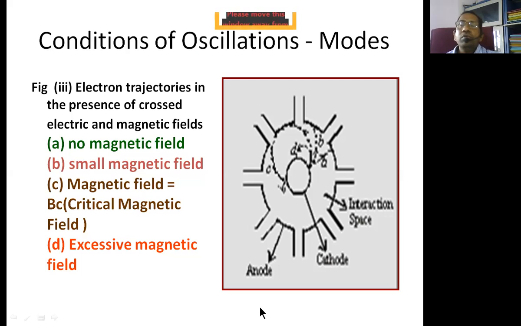He is just going to come to the college and stay for a limited period of time. Then immediately he'll be going back to his busy schedule. He is not going to stay with us continuously. That is what grazing is. So here also it is simply going to graze the cavity and come back. That is what is called the critical magnetic field.